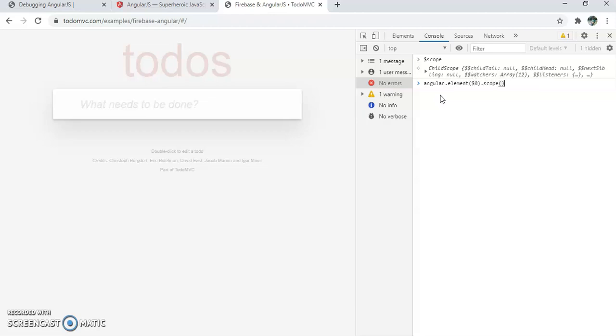After writing that, we have to hit enter. As I have hit enter, you can see it is showing the result. If we want to explain this code, I am showing it to you.